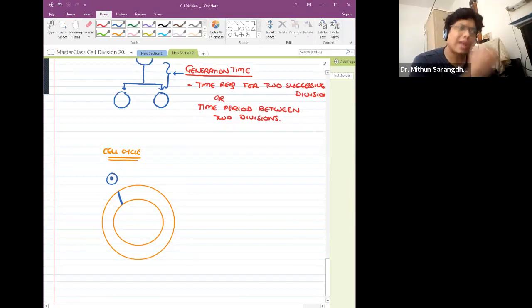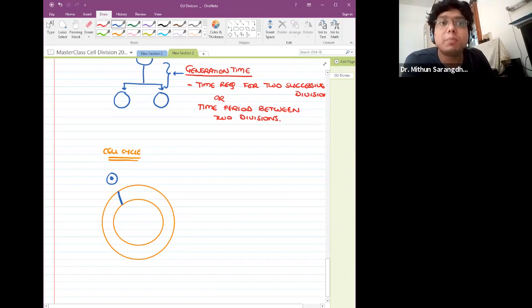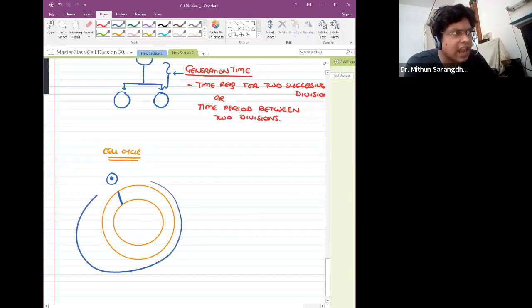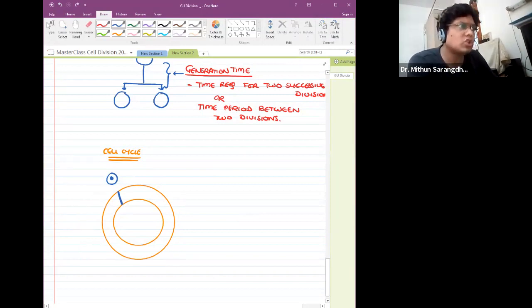This cell is actually a huge cell. Throughout its entire life, it was preparing itself for cell division. This is the life of that dividing cell. When it undergoes the division process, the top portion of the cell cycle is called the dividing phase. Now this can either be your mitosis,